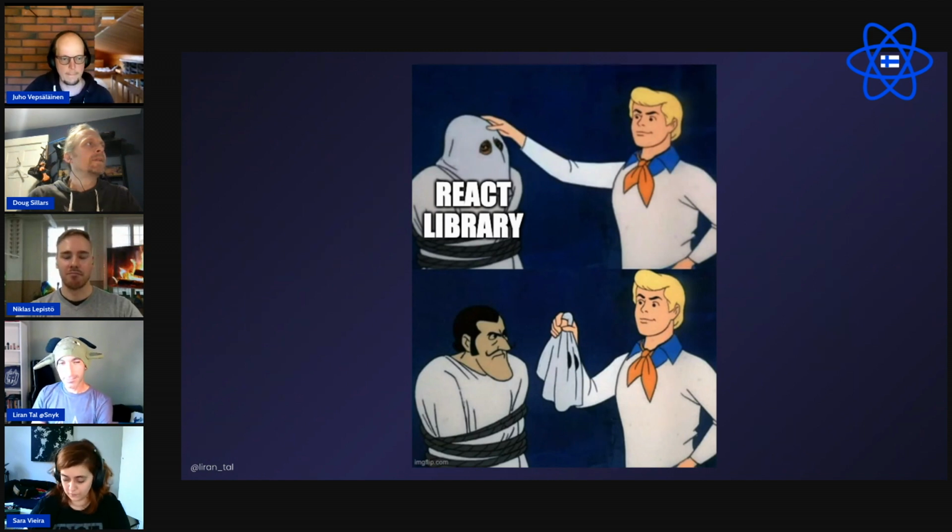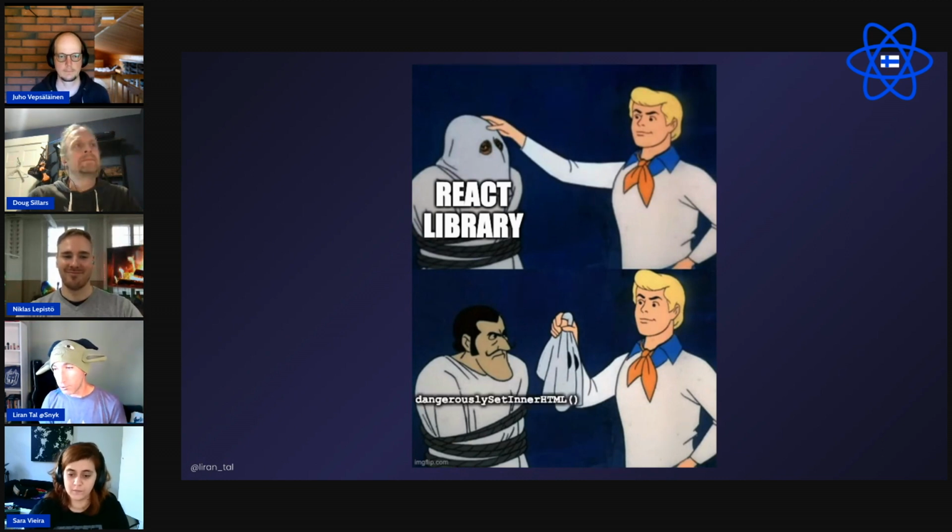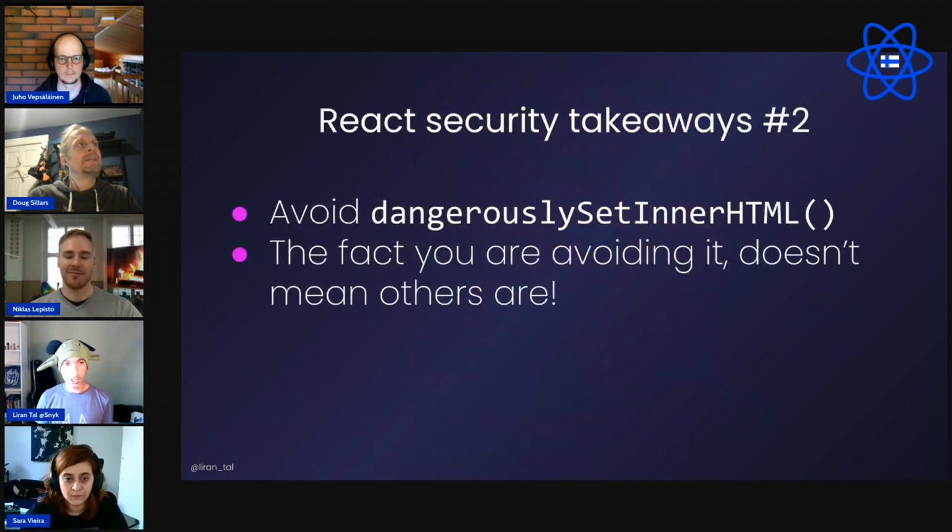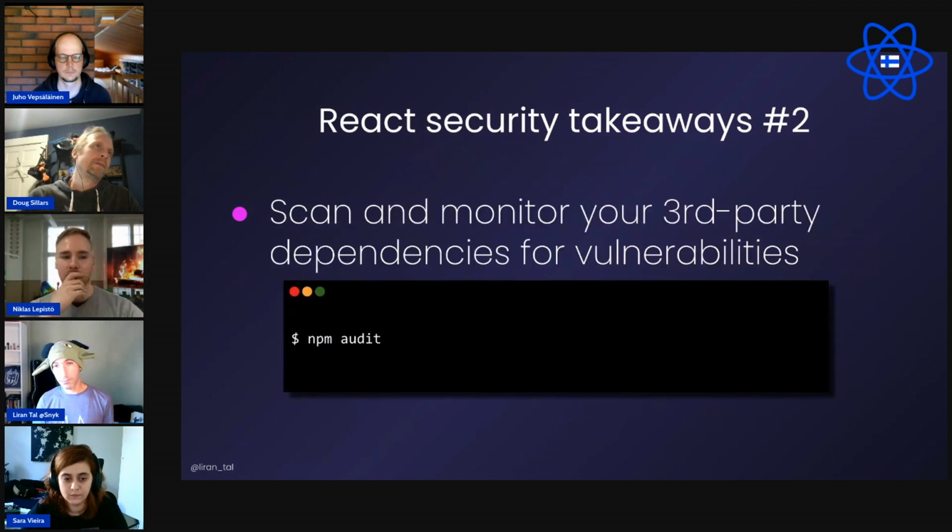Cool. Yeah. So some of this stuff is the React library, dangerouslySetInnerHTML. Know about this stuff. Know that even if you're writing secure code, other people may not, and that's an issue. At the very least, avoid dangerouslySetInnerHTML. And just have that idea that you're using components, and it might be a good idea to track them. Now, the way to track them might be to do npm audit and figure out, hey, I'm going to find all of those issues. That's not always going to work out, simply because npm is a great tool, but it doesn't always have all the up-to-date